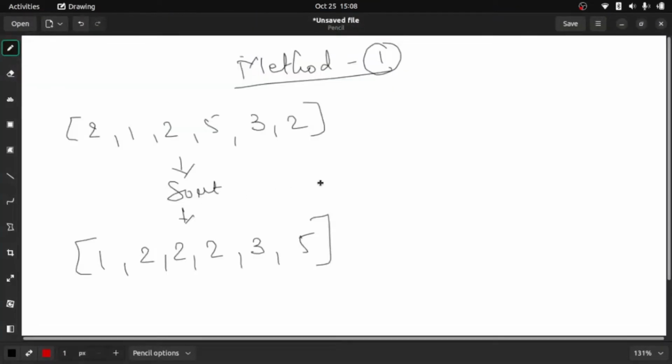So after sorting, what we'll do is we will compare. Is 1 equal to 2? No. Then we'll move on. Is 2 equal to 2? Yes. Then we'll directly return this 2, because we don't need to check further, because if we look at the question, they have said that